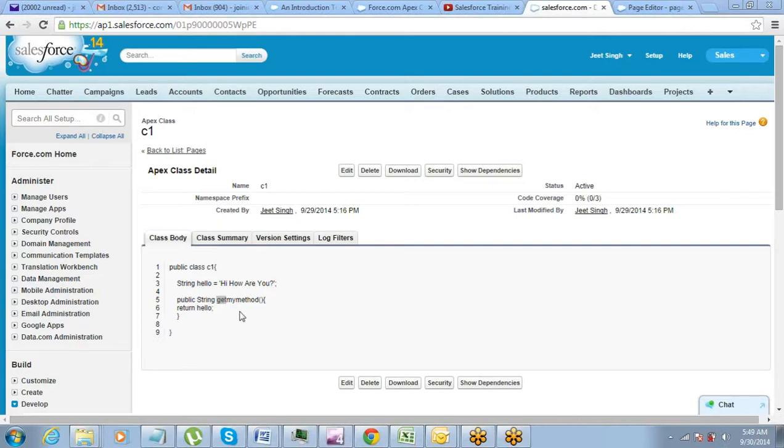But on the Visualforce page, when you're calling this method, you don't have to call the get part of it. You just have to call this part. That's it. So this is how we call it on the Visualforce page. But yes, actually this complete name is the method name. So in some other places, when we call the same method, we have to call the entire thing, right? So this is how we call it on the Visualforce page. So more of a syntax, yes.